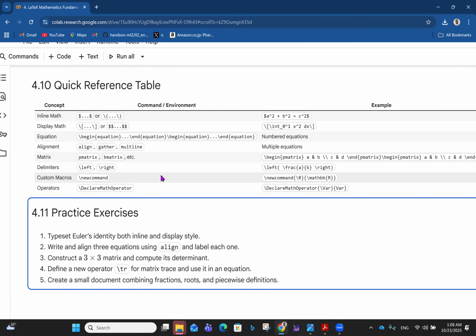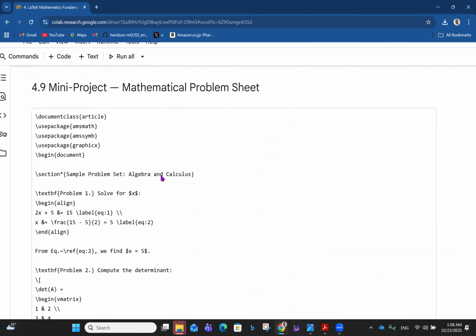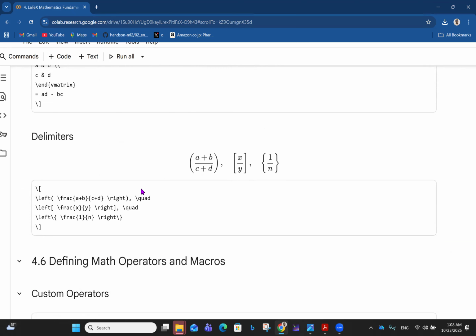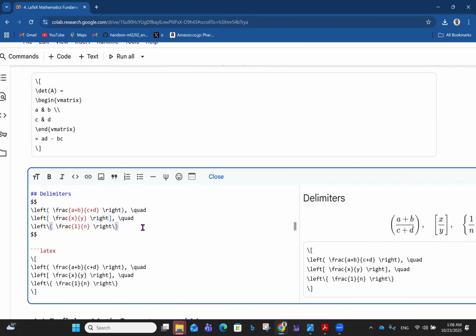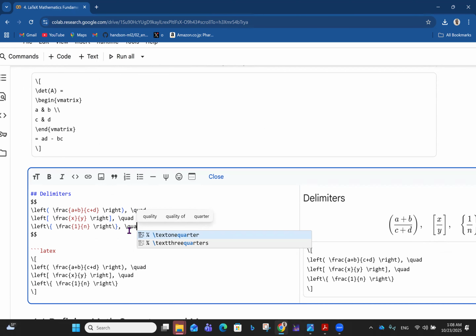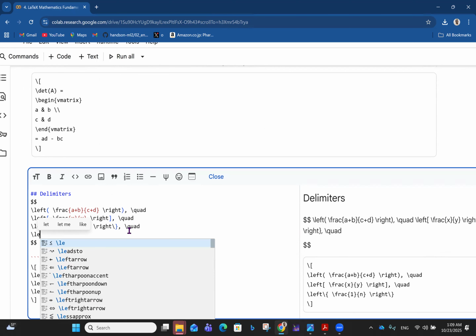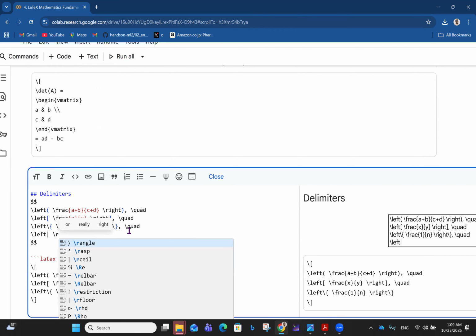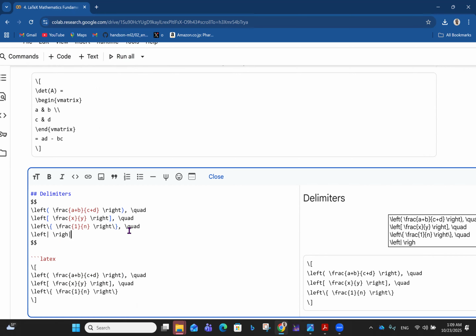Don't ever forget left and right, whatever the delimiter, maybe brackets, even horizontal or vertical bars. Left and right will do a perfect job for you. Let's see the other time when we used the delimiters. This is what I mean by vertical bars. So let's say I come here and I have comma and this is quad. I have quad and then I now have left, vertical bar, then right, vertical bar, and in between that,